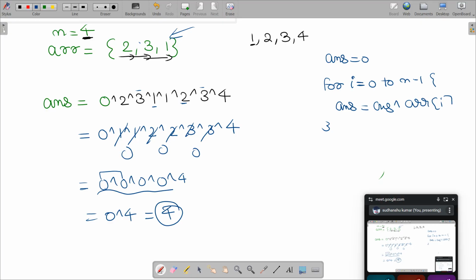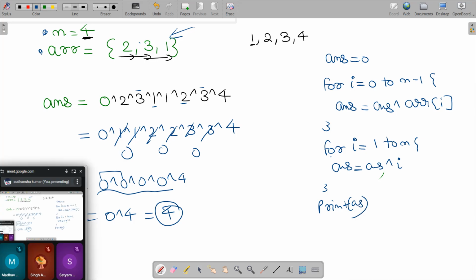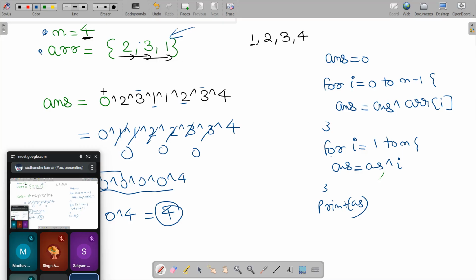Okay. Once done with this, I will run a loop. I am also given this array and this n. Once done with this, I am going to run a loop from 1 to n, and I will jar all of this I to my answer: answer equals to answer jar I. That's it. And then you will have to print answer. Is it not that much simple? First I have jarred every array element. Then I am jarring from 1 to n.